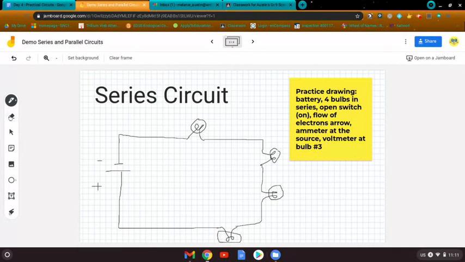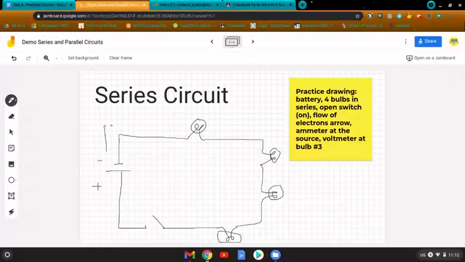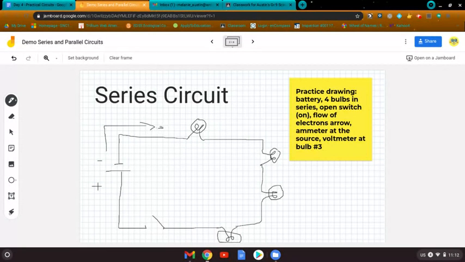Open switch. Okay, so we need a switch. It says an open switch. And actually, that's wrong on the diagram. If the switch is open, it's actually off. But if it wants an open switch, we'll give it an open switch, but the circuit would actually not be, the lights would not be on right now. So that was a mistake on here. I'll fix it on yours. Flow of electron arrow. So we need electrons coming out of the negative terminal. There it is with a little E. And then we need an amp